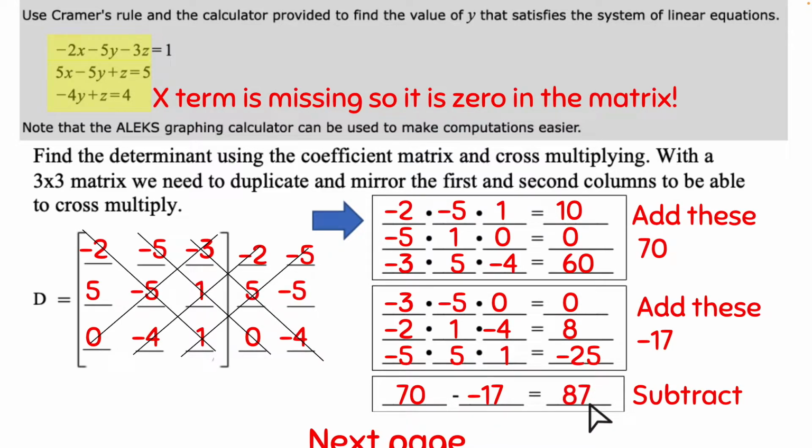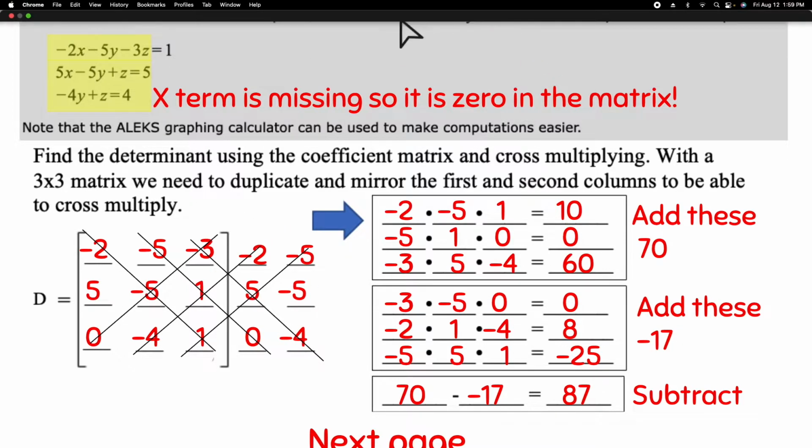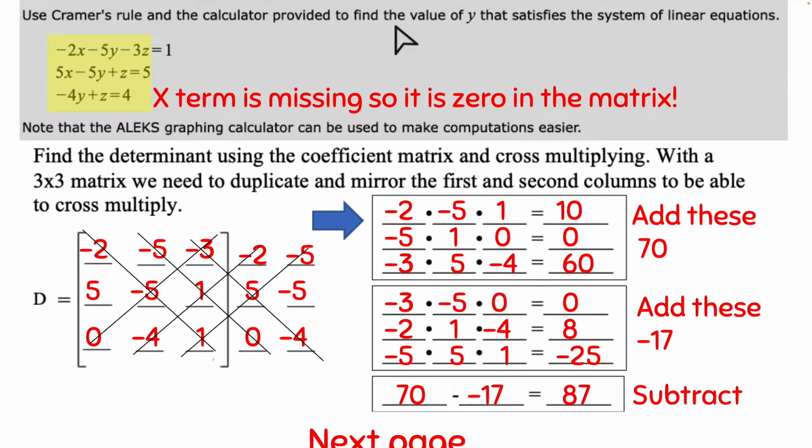So I need to scooch that up, I guess, because that's supposed to say next page. So we're going to go to the next page. Now this was just the determinant. So all we're being asked to do is find the determinant on this page. The answer is they want to know what the value of y is. They're not actually asking what the value of x, y, and z, just y. So if I go to the next page here,